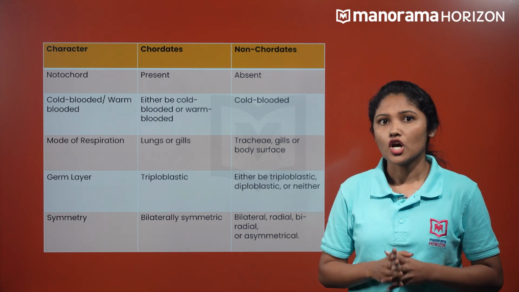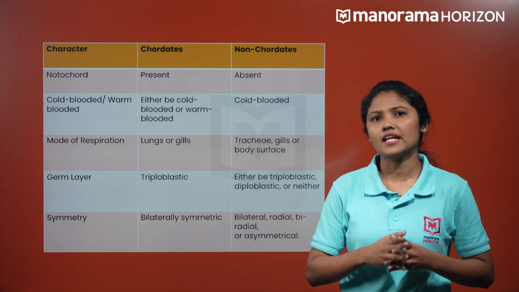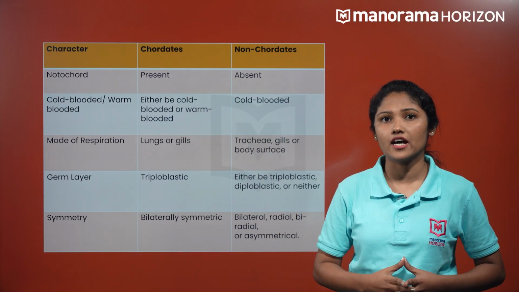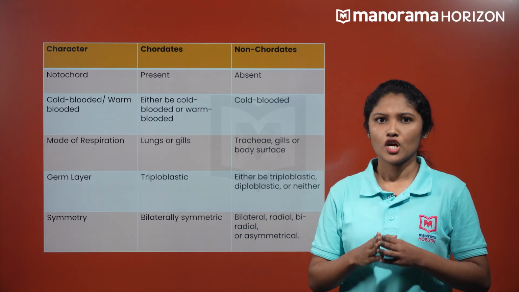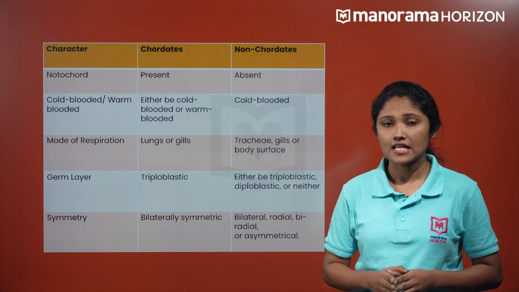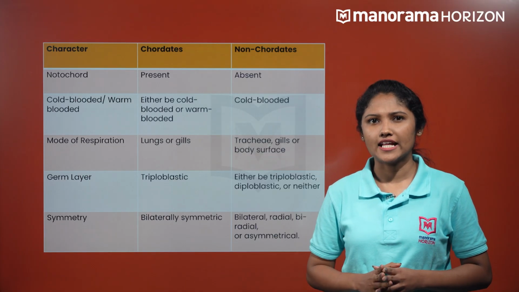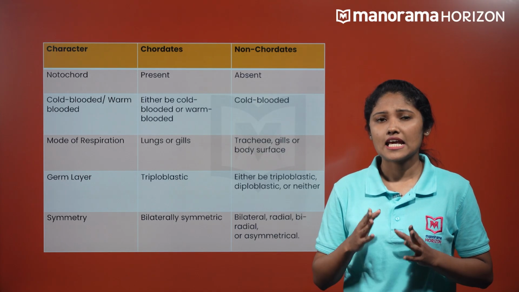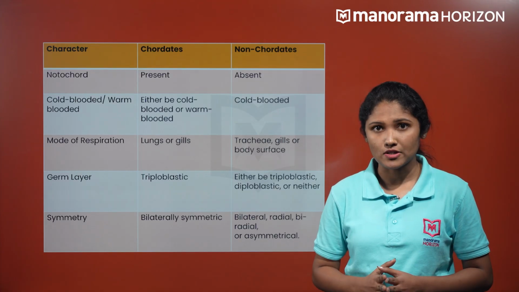For respiration, chordates have a specific organ called lungs, but in case of non-chordates, they respire through tracheae, gills or body surfaces. Chordates are triploblastic, coelomates and bilaterally symmetrical, but non-chordates are either triploblastic, diploblastic, bilateral, radial or asymmetric, and